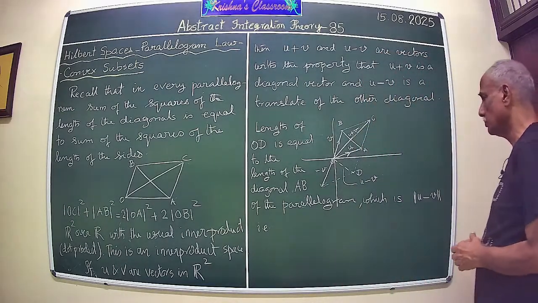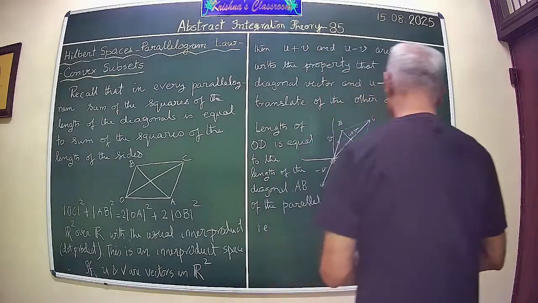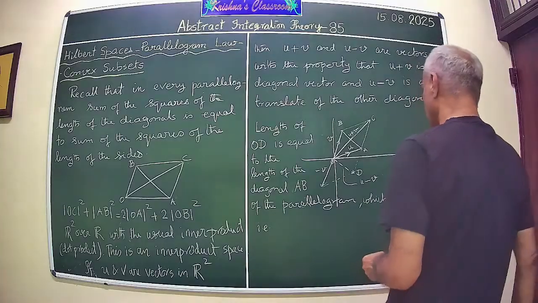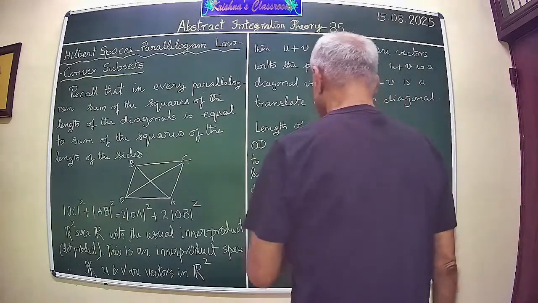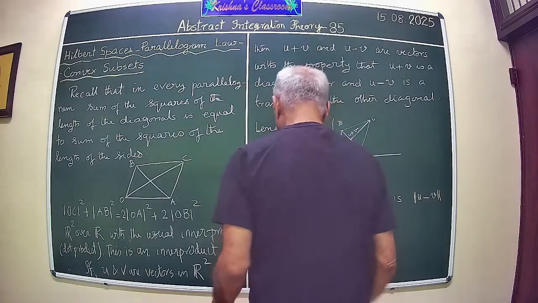So as such, OD is the vector U minus V. That's why I have drawn it here. I have been very careful in making a statement about U minus V. Therefore, what one gets is